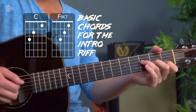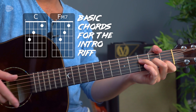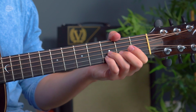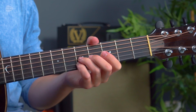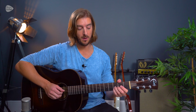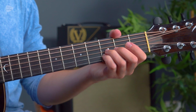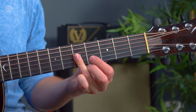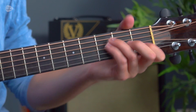So those basic chords are a C major to an F major 7, which are hopefully chords you've come across before. The riff makes this just the root note and a slide from the 3rd fret to the 5th fret on strings 2 and 3. I would use my 3rd and little finger to do that like this. Alternatively, you could use a flat 3rd finger and slide to the 5th fret like that. But personal preference, I prefer